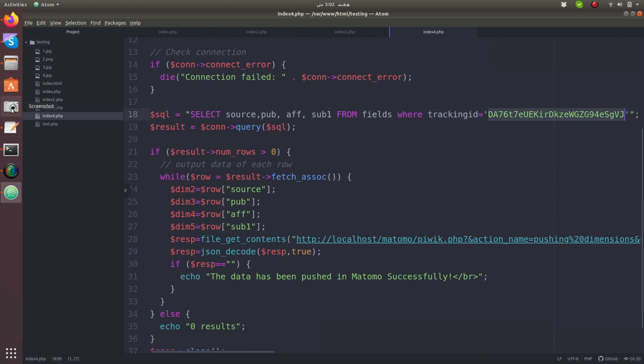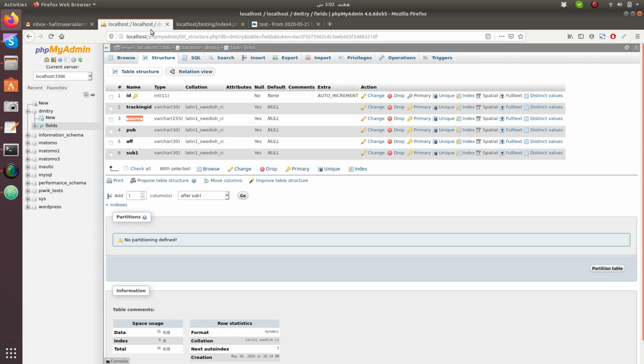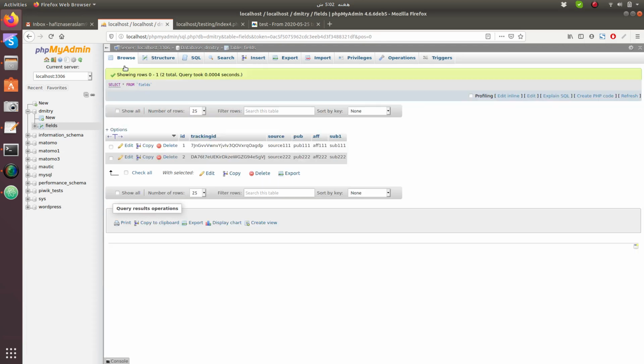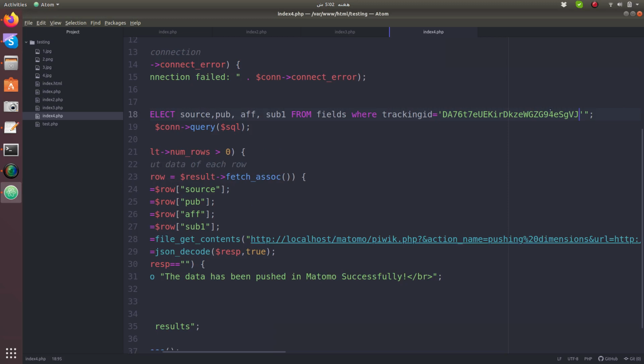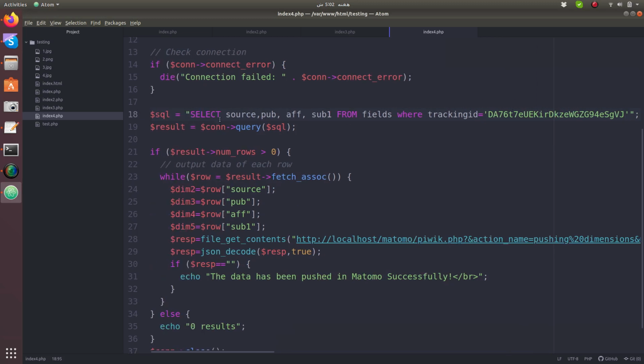Let me show you the MySQL data. Here is the table name field and here is the tracking ID, this one and this one. Let me change this one. So I have written a query where the tracking ID is this one.